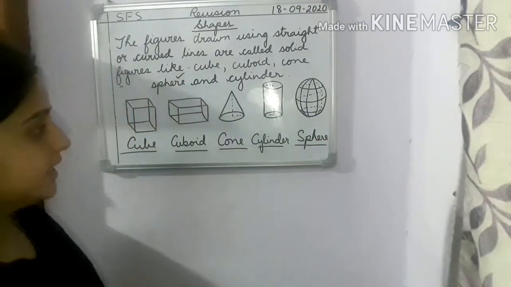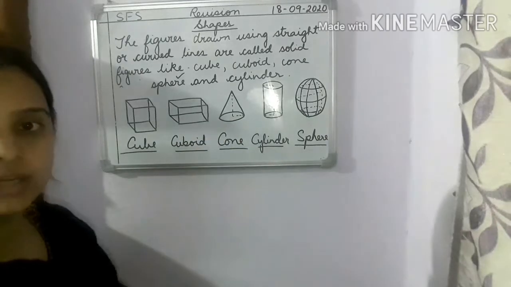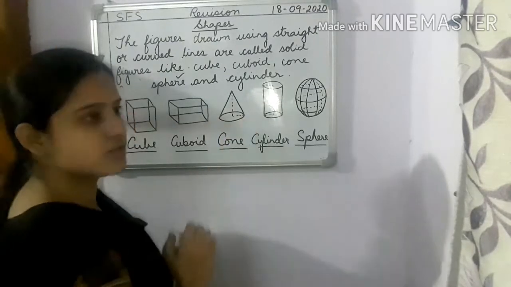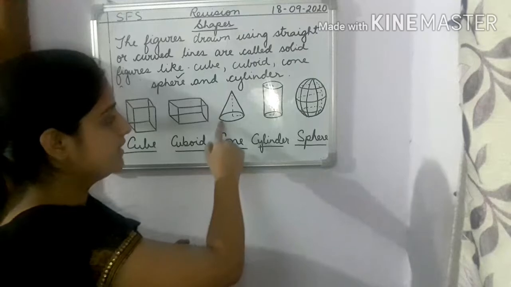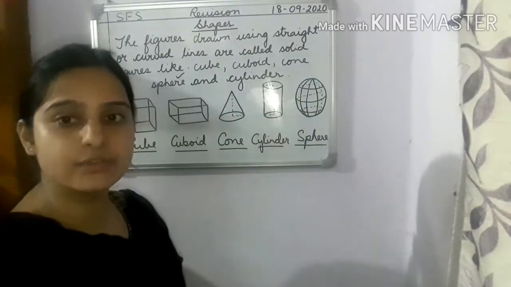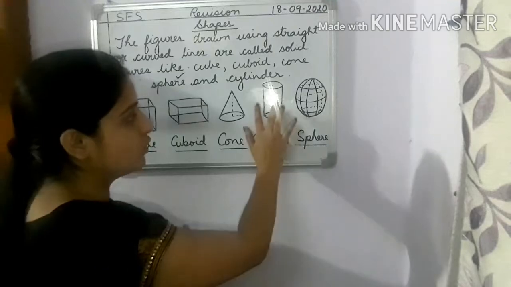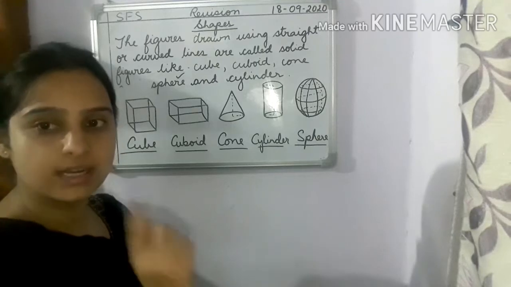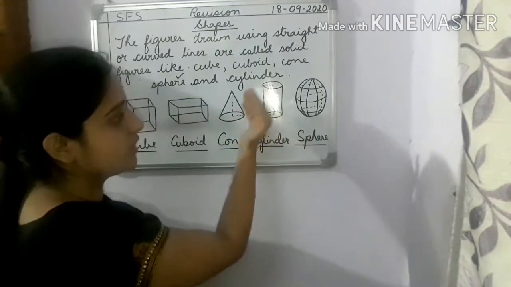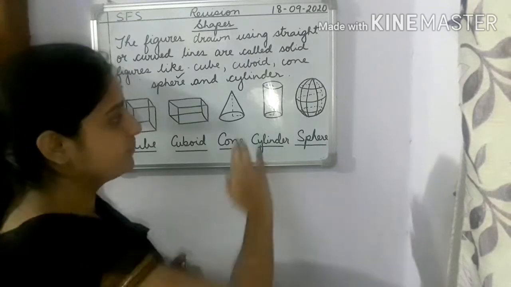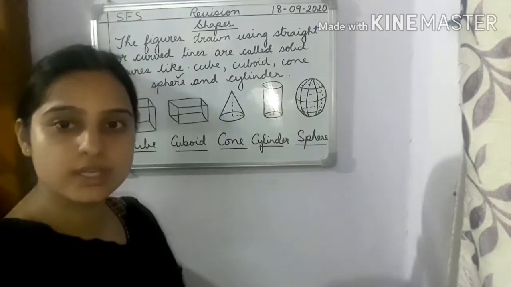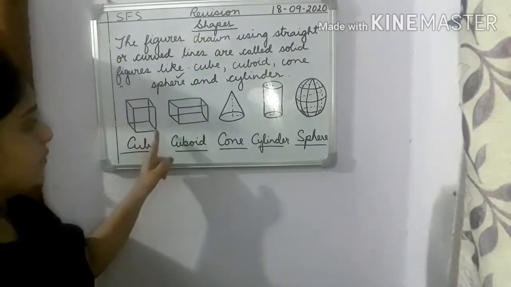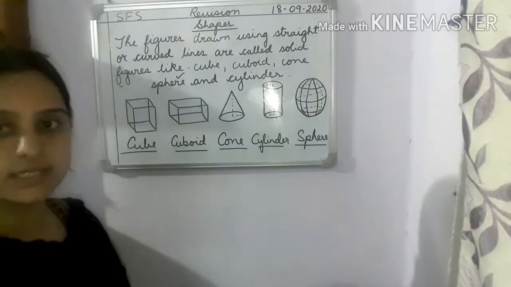Now, it is very easy to identify cone. It looks like birthday cap, isn't it? It has one circular line and 2 straight lines, isn't it? Then, it is very easy to identify cylinder because you can see the base is round, circle, isn't it? And you can see curve face is there. And the last one is also very easy to identify, children. This is your sphere. Now, how will you identify cube and cuboid?